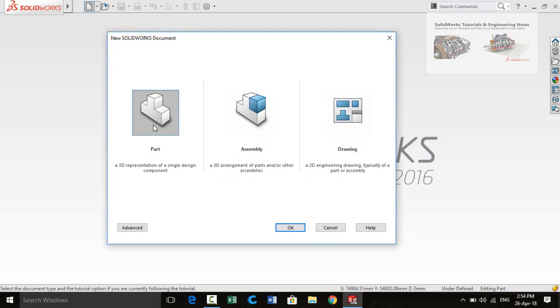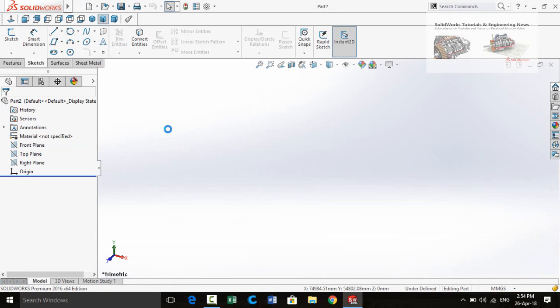First of all, we have to make parts and then we assemble them in an assembly. After the assembly, we have to make the 2D drawings of that assembly or all the parts of the assembly. So for that we use the drawing option. So first of all, let's start with part. If you click on the part and then press the OK button, or you can also double click on the part to start, a window like this will appear.